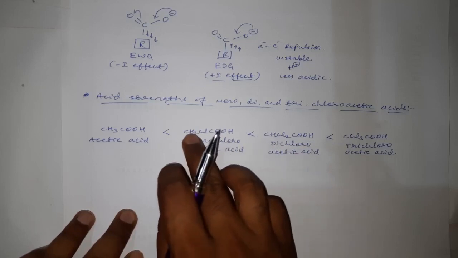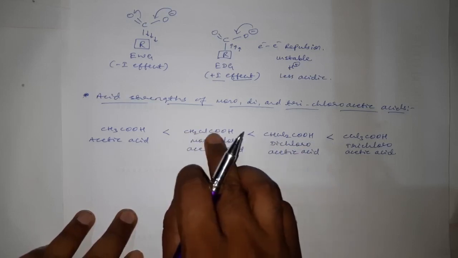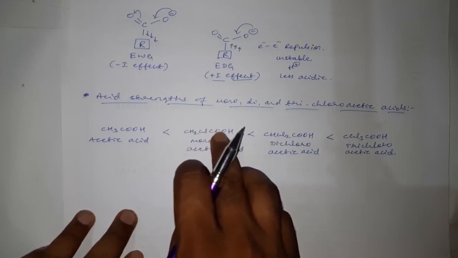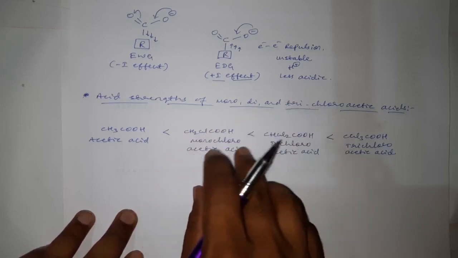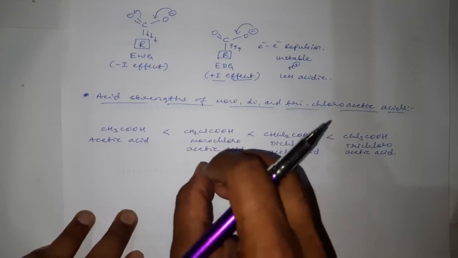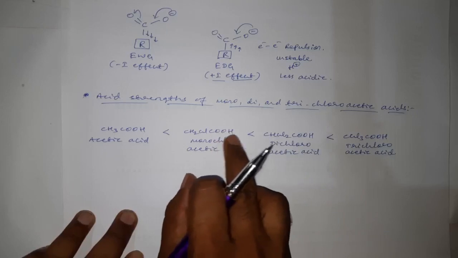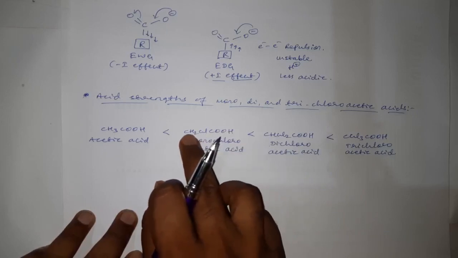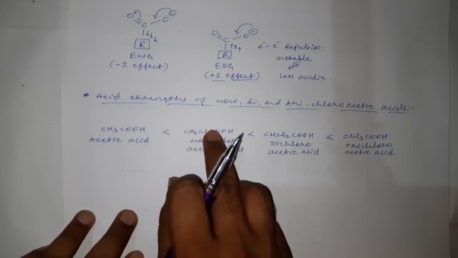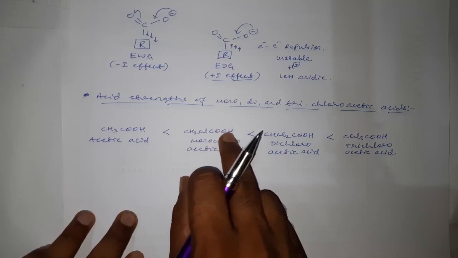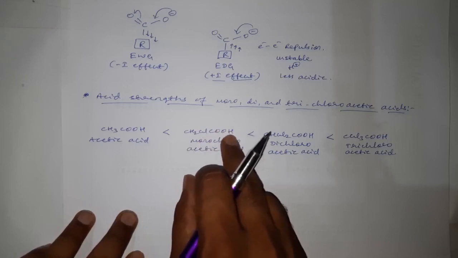If this is a carbon, the next carbon is there, this effect will now transmit to this carbon also throughout the chain, and as a result electrons are withdrawing more strongly towards the oxygen of this OH bond. The chlorine is now dragging the electron from this carbon, and this carbon will now drag the electrons from this carbon, and this carbon will now drag the electron from this oxygen, and as a result we can say directly that the electrons are